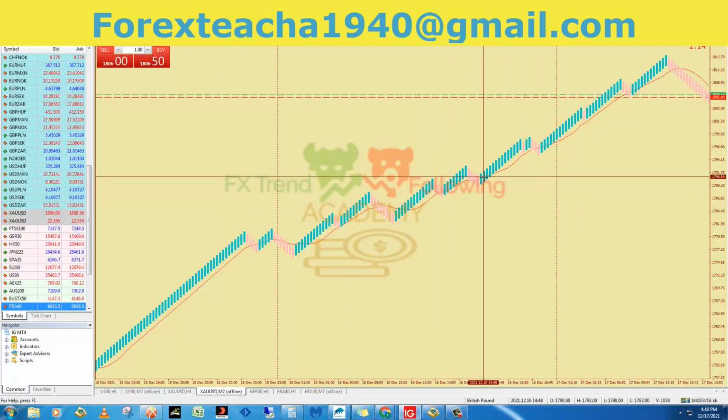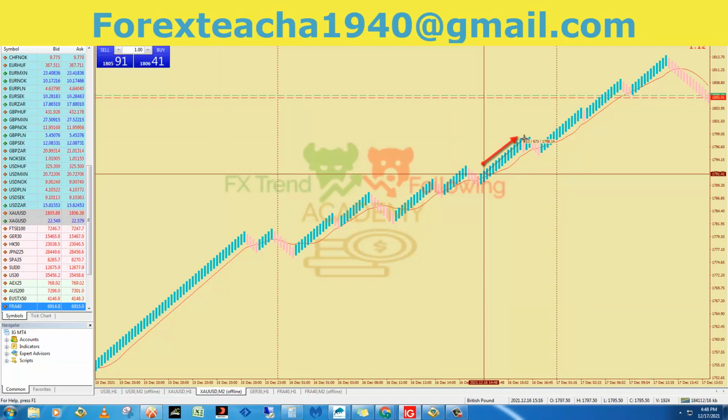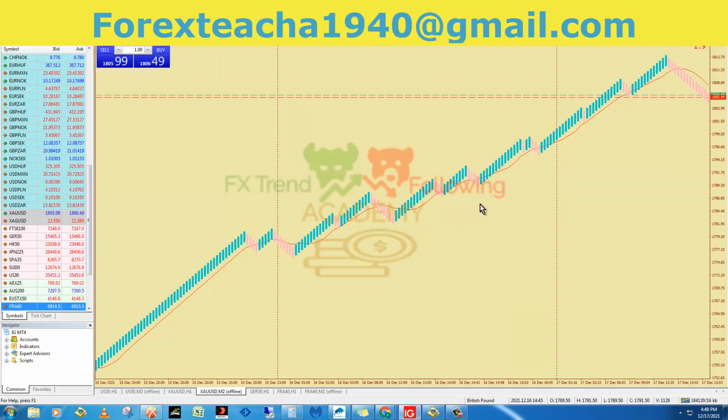So you can see these are nice patterns, guys. This is 60 pips, and then this is small loss, small loss. So I want to show you something that is very interesting. If you go to a